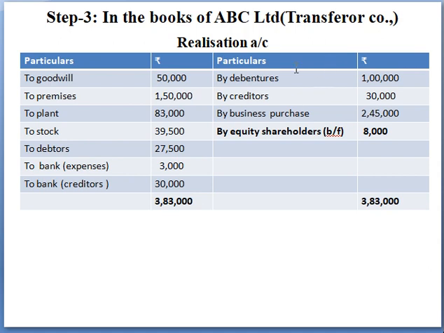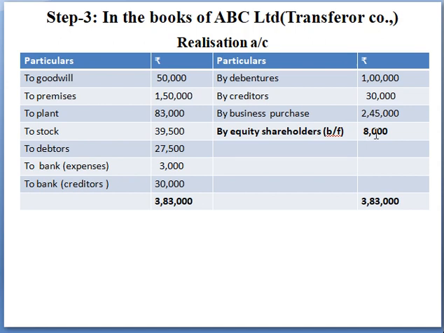Now the next is, see here the liabilities are taken over, right? Only one liability is taken over and for the remaining creditors there is no information, which means the selling company paid the creditors, right? When the business pays the amount, here it will be treated as an expense, so enter in your debit side to bank account, creditors paid, enter the entire book value here, that is 30,000. Now close the ledger, you will get the balancing figure in your credit side, that is by equity shareholders account, right?